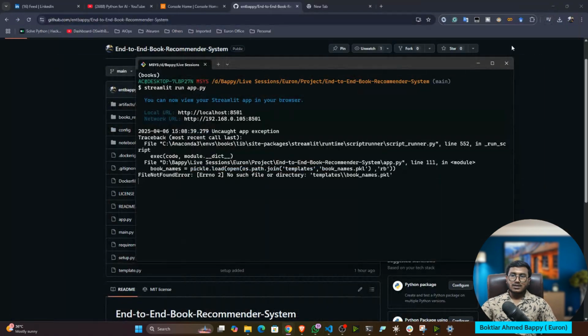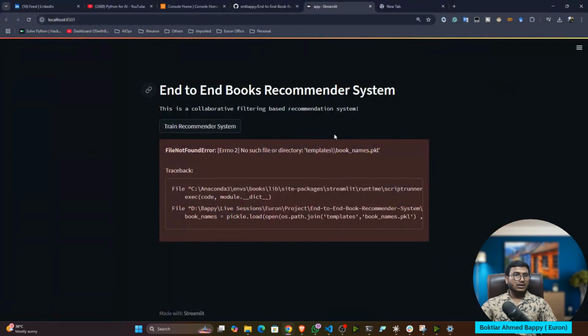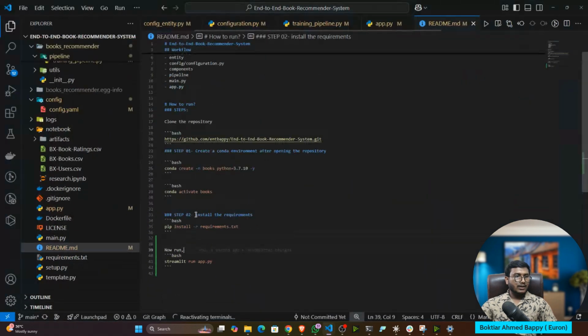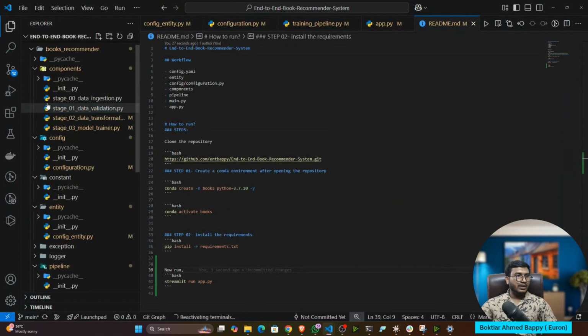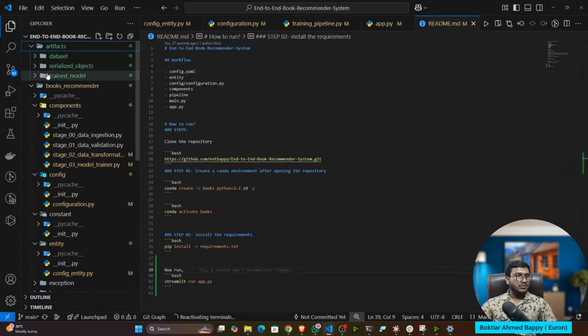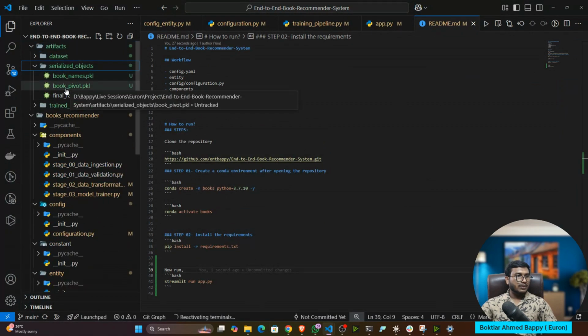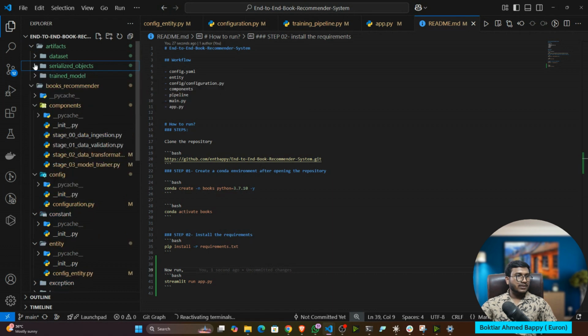Now guys, this is the user interface, but it is telling no such file templates book pickle names pickle. So here one thing I was doing, guys: the book name I saved, this book name serialize object book name, I was reading from the template folder.